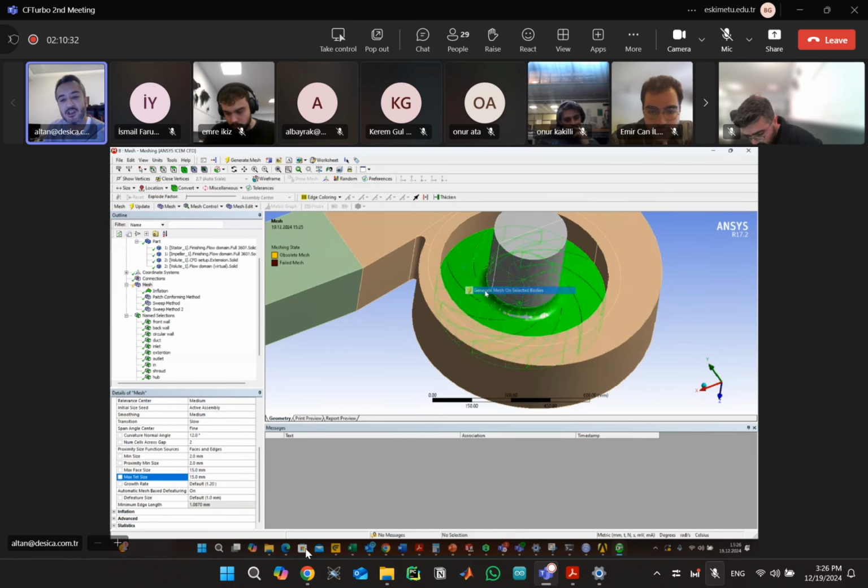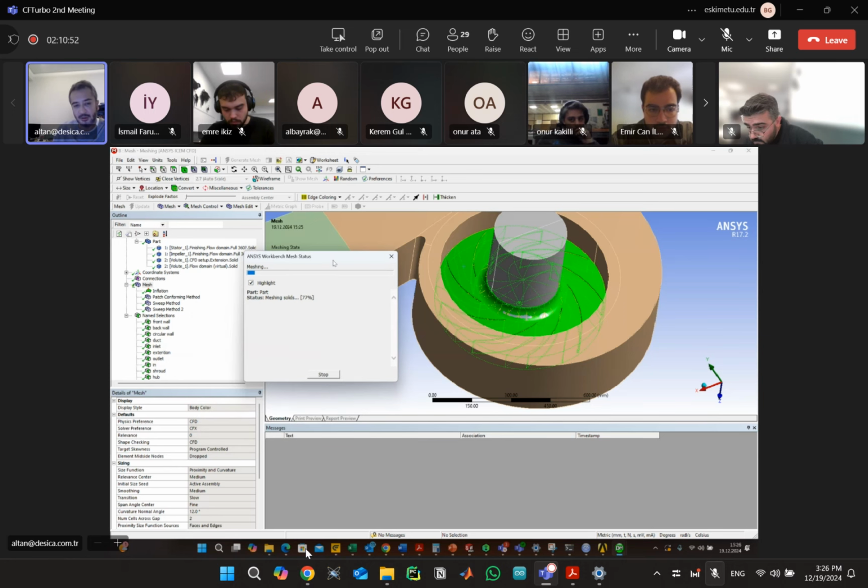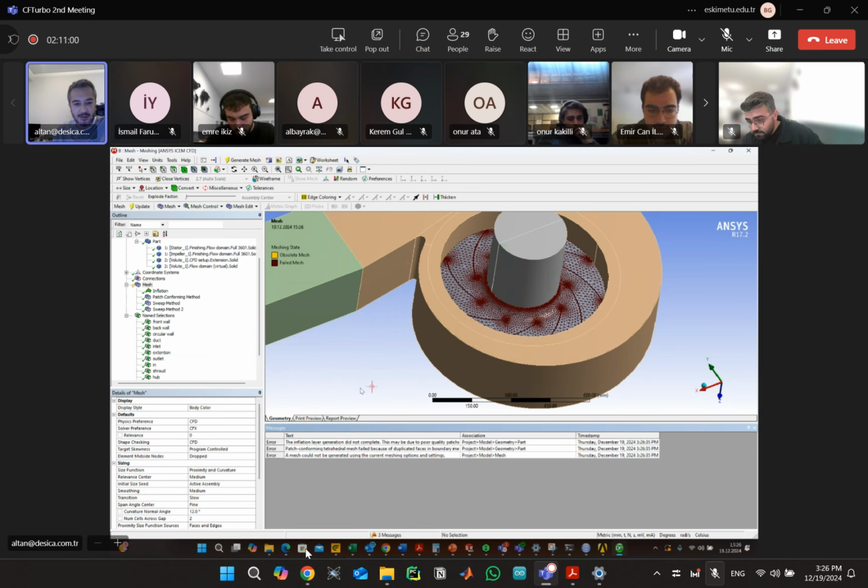Right click, generate selected. If your meshing process takes too much time, then you can say that the sizing is too low. That's okay. Error. Inflation layer generated did not